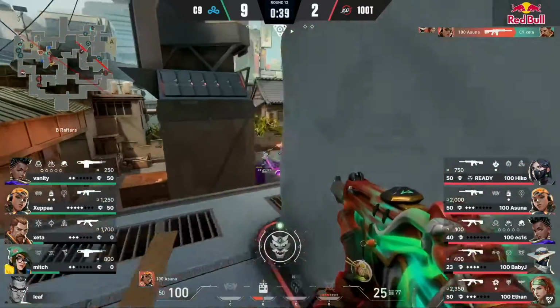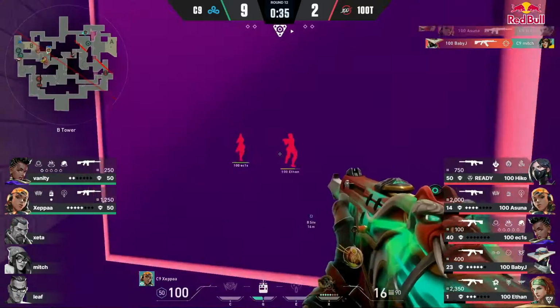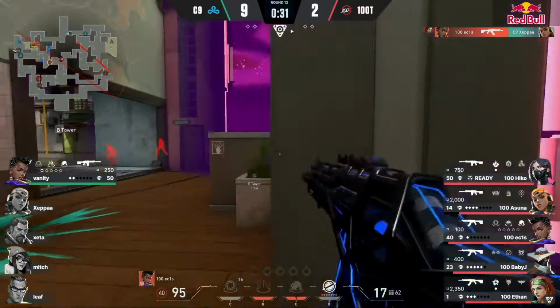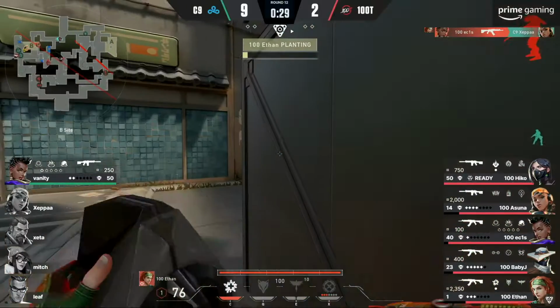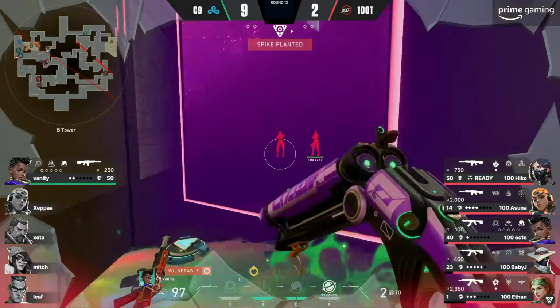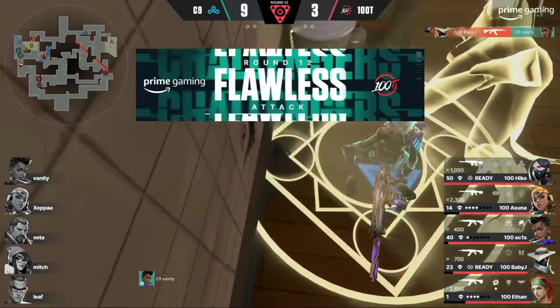It's definitely an anchor a site and pull the trigger once you hear it coming. There's 2 already, Vans. That is so much utility being used towards that B site, and we're trying to just go for the Eagle Peak in the end for C9, trying to disrespect 100 Thieves, but in the end, it's them that are getting disrespected. A 9-2 scoreline looking to be a 9-3,